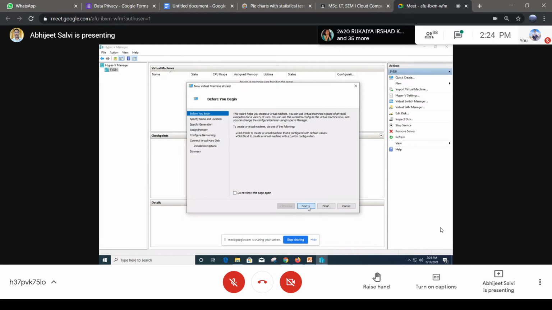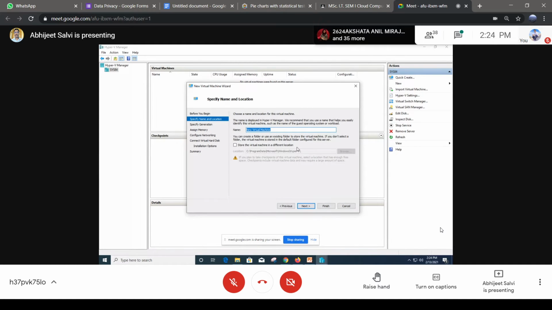So just click on Next and specify the name of your machine. So let's say this is my Windows 7 test machine, for example. Then you can specify the location where we'd like to store the files and data of that machine. By default, it is somewhere in Microsoft Windows Hyper-V. Just follow Next.